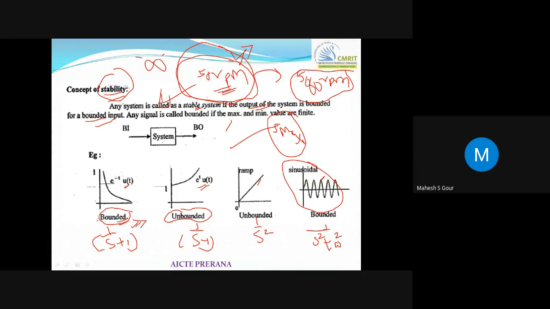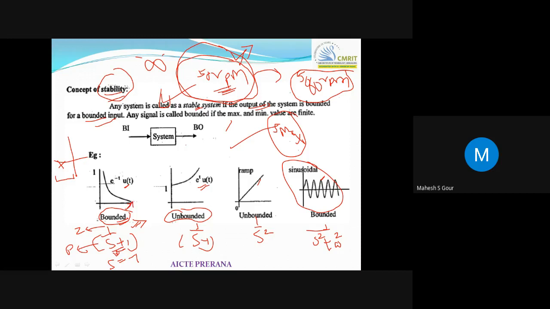See, this will be your numerator, your zeros, and the denominator will be your poles, right? So now if you check the root for this, s is equal to minus 1 will be the root. So where does your minus 1 come? Minus 1 comes on the left hand side of your s plane, right? So it means the system is stable. So it is producing bounded output.